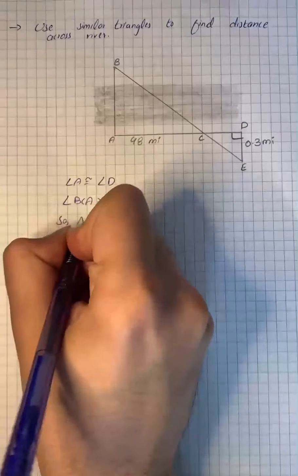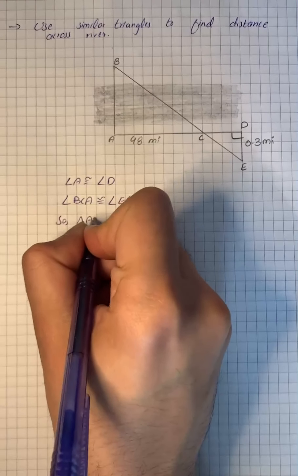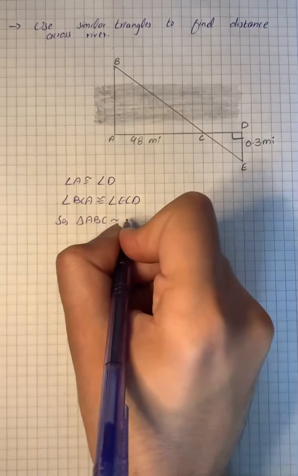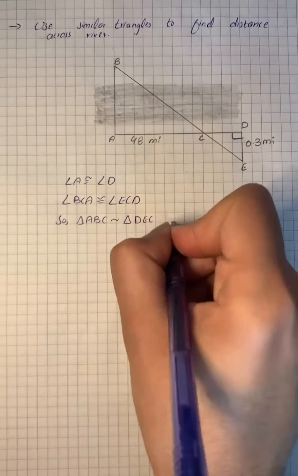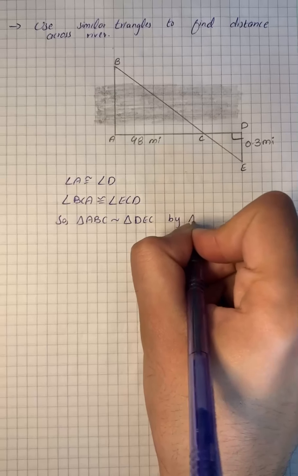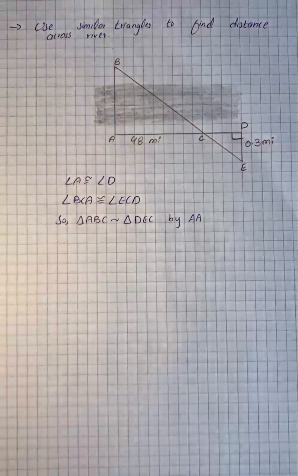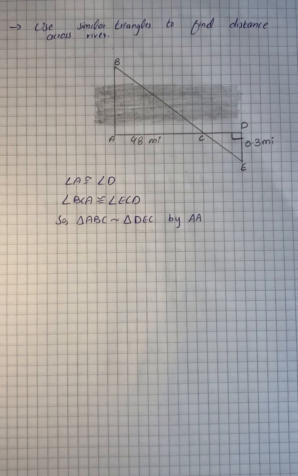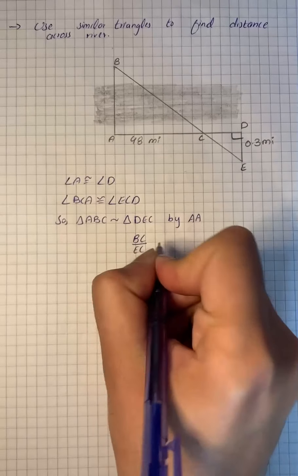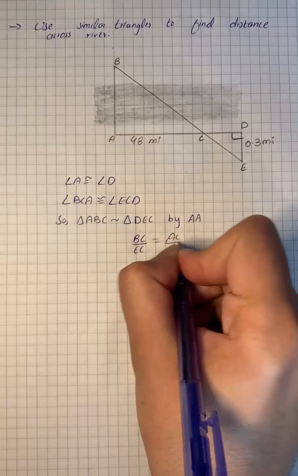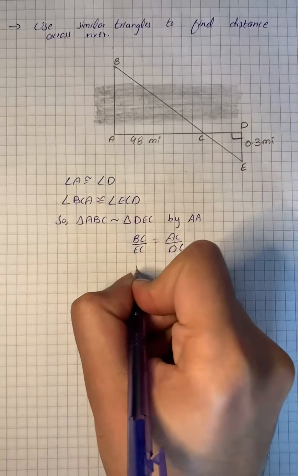So triangle ABC is similar to triangle DEC by AA. Similar figures have corresponding side lengths that are proportional. If x is the distance across the river, which is BC, then we can write that BC over DC equals AC over DC. Then it becomes x over